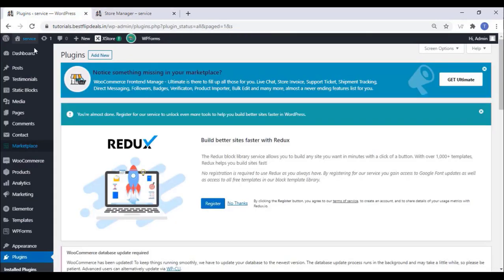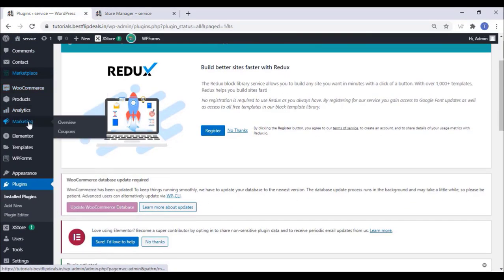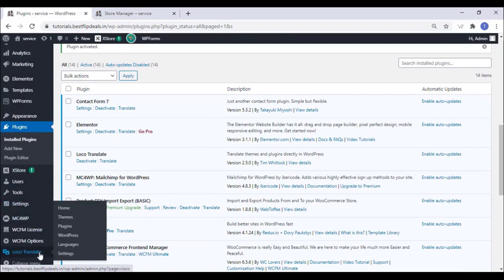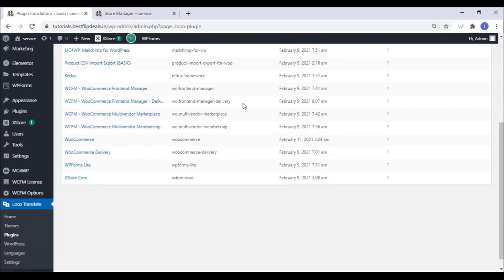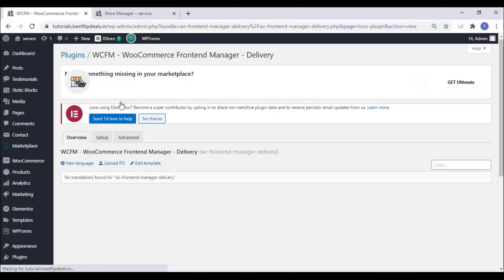I will give the link in the description box. You can freely download it from there. Just a translation file. Just go to the plugin section on the Loco Translate and select the W3 front end manager delivery. Select that. Now upload the translation file. Click on the upload PO